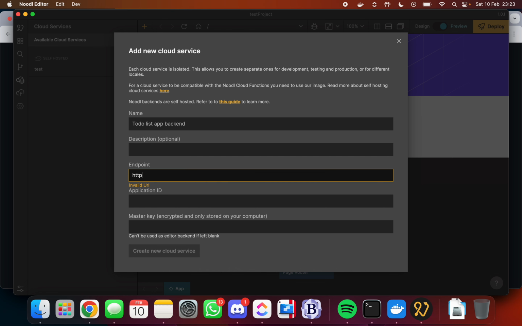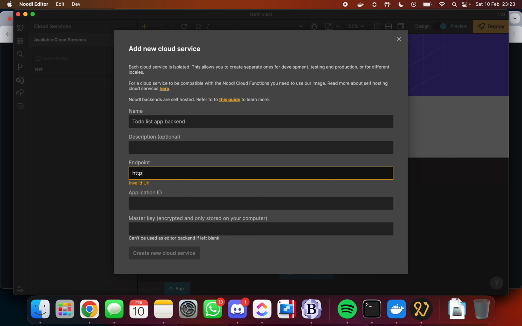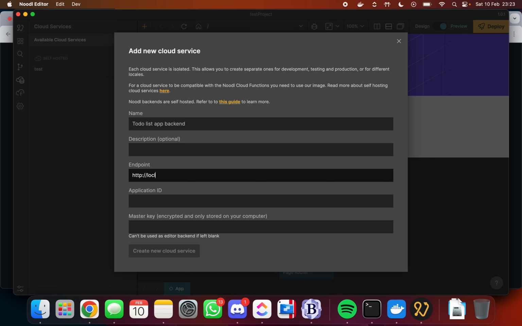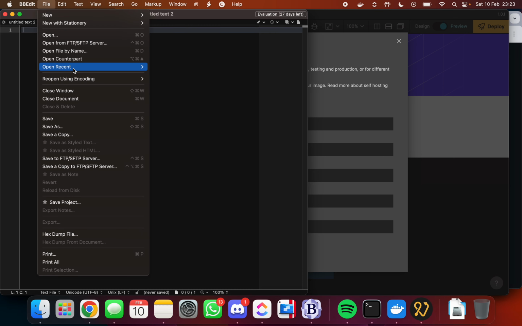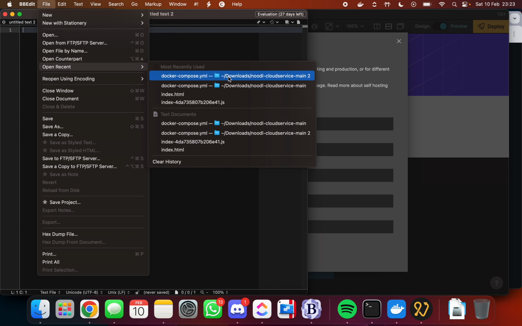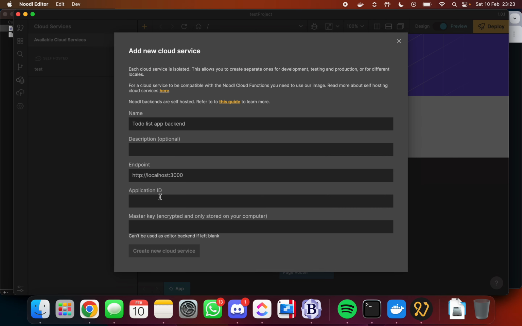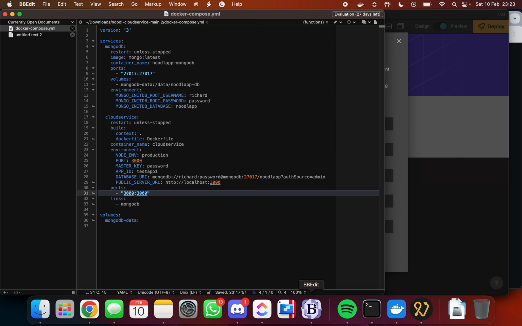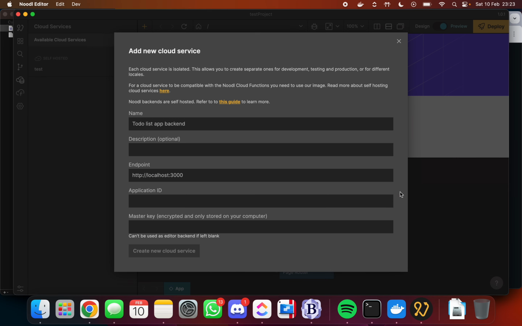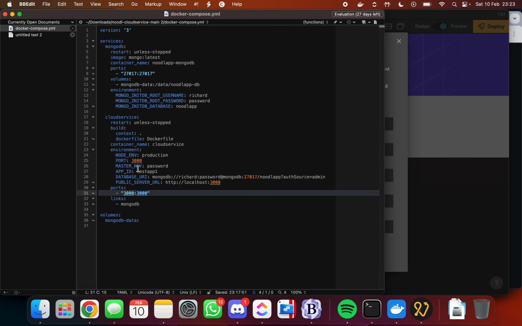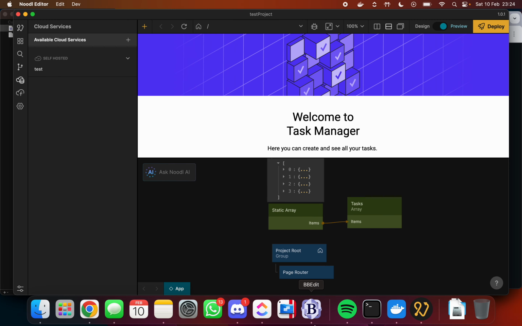So the endpoint is HTTP, sorry, because you're in localhost:3000. So that reflects what we put into BB edit in the YAML compose file. This one, yeah. So the endpoint is this public server URL. The application ID is what you put into app ID, so it's test app one. And the master key is what you put in the master key, which for me was just generic password, and